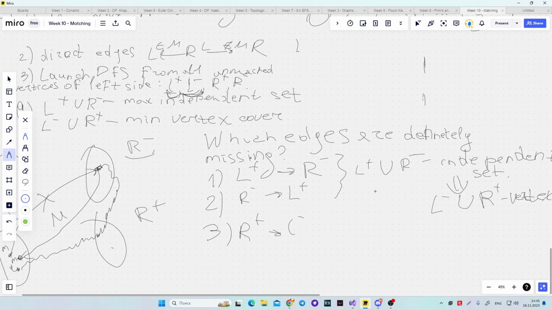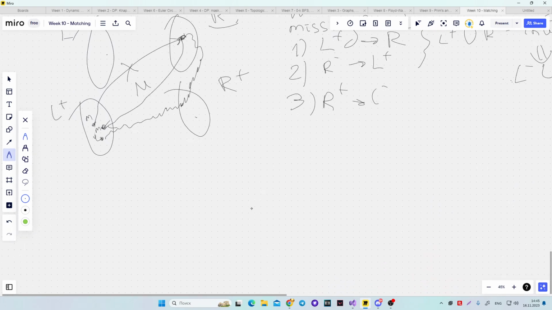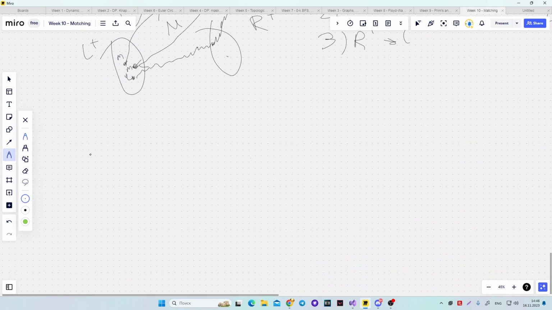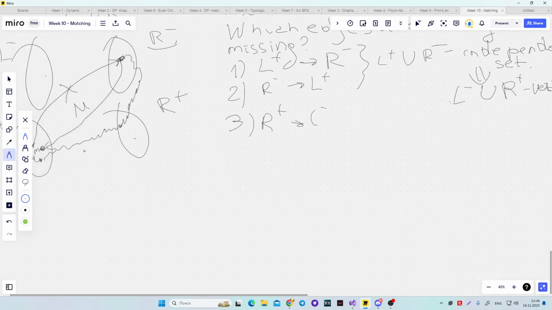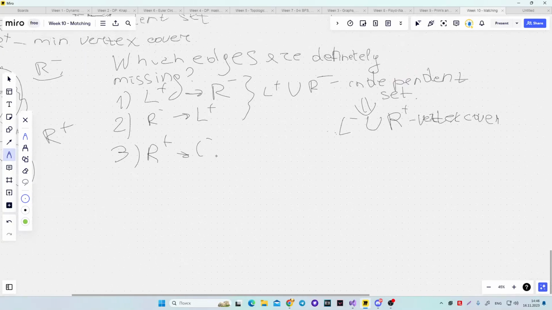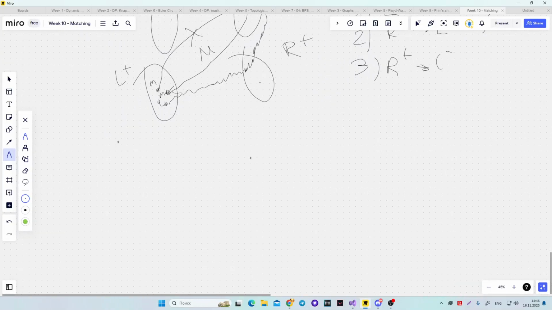Then we proved that this set is minimum automatically. So we consider vertex cover, now we prove that this set is minimum. So we consider it in